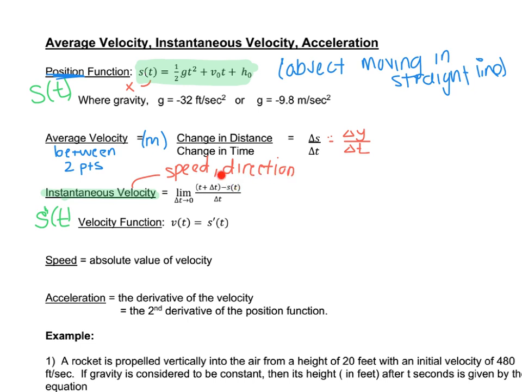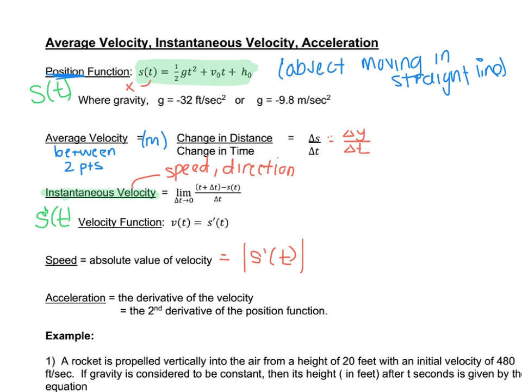If the velocity is +10, then it's traveling up. With speed, it's not asking about direction. It just wants to know how fast the object is traveling. So that's just the absolute value of the velocity, so the absolute value of the derivative